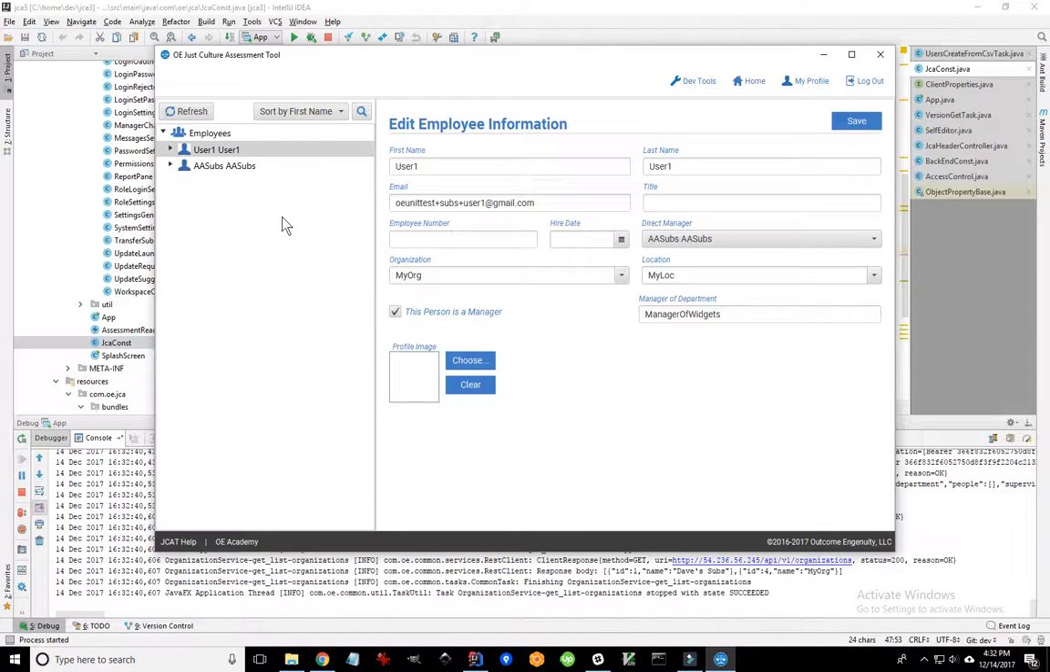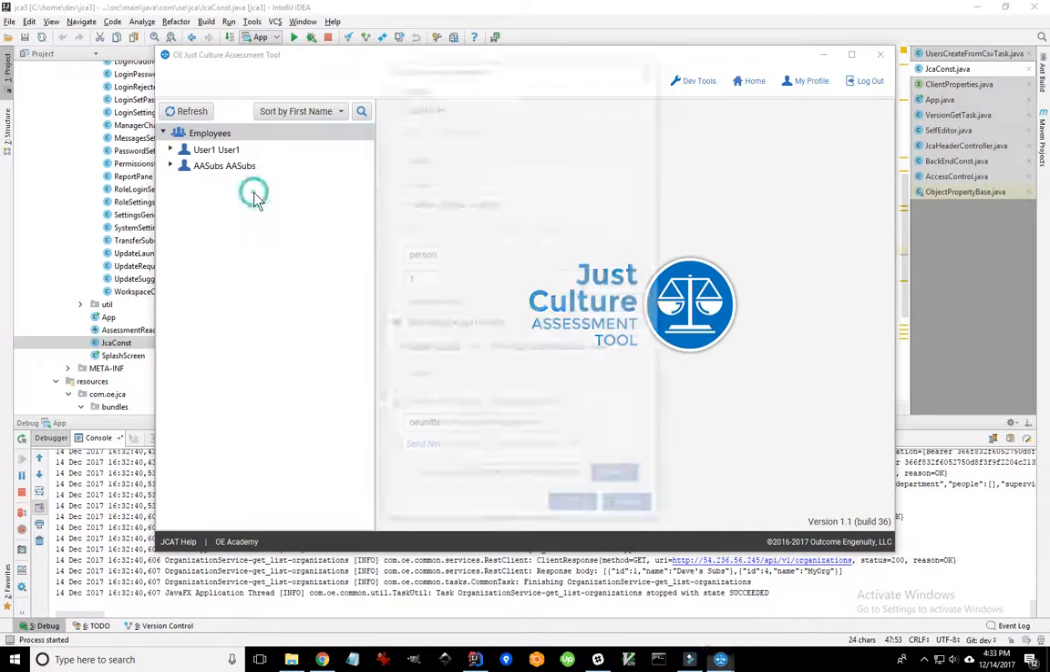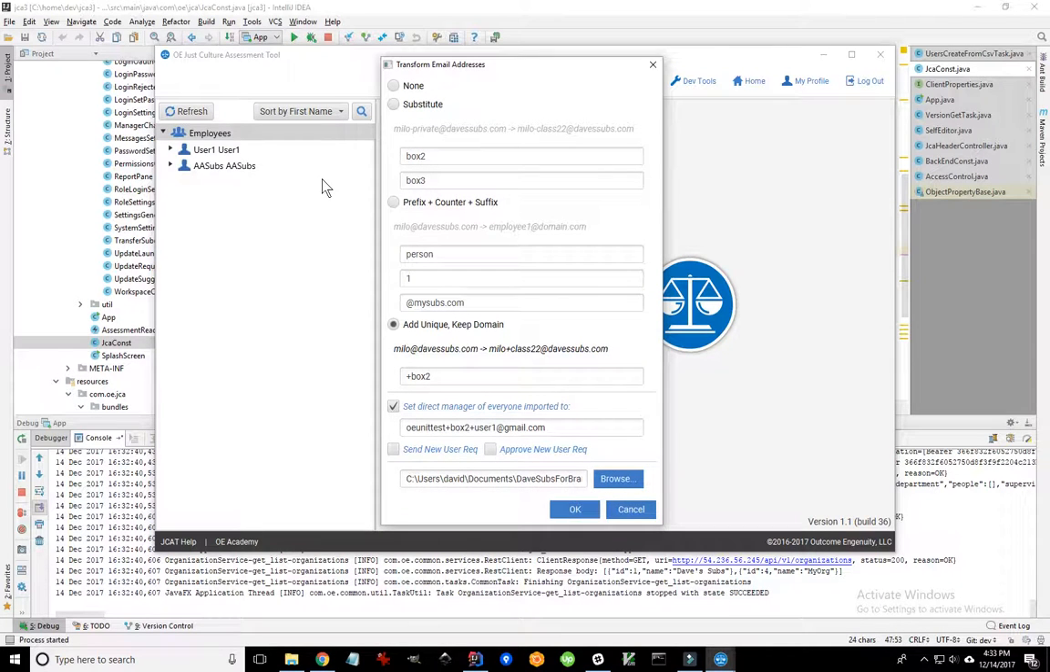And now what we want to do is create a bunch of direct reports for user 1 modeled off of the Dave Subs data. So to do that, we're going to go up to employees, right click, and we're going to do an import all this time. And here I get a dialog that allows me to do some interesting transformations while I'm doing an import. You can play with all of the options, but I'm just going to focus on what I've got set up